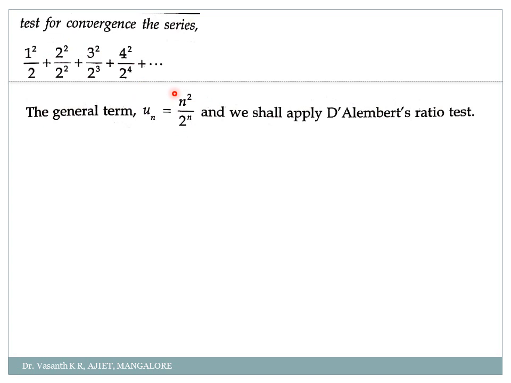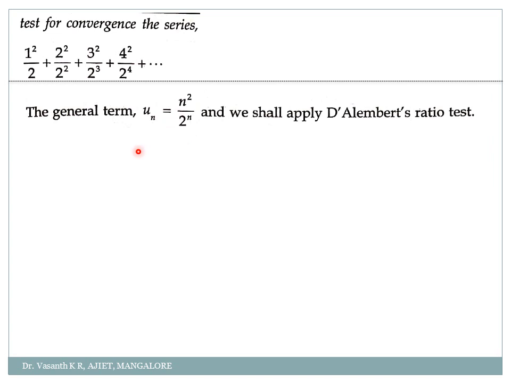Okay. Now which one shall we apply? D'Alembert's root test. See why? Can I apply Cauchy's here? If you write n square to the power 1 by n, how will you simplify? The denominator is okay, we can simplify. But the numerator, what will you do? If you raise it to the power 1 by n, how can you simplify? Not possible. So in this case, we always go for D'Alembert's root test.